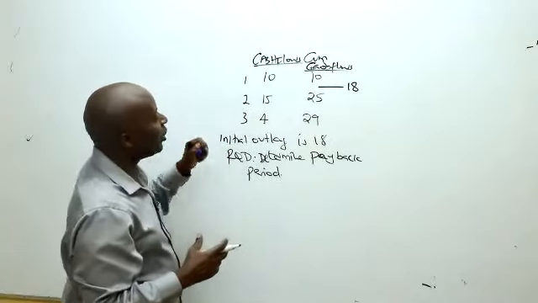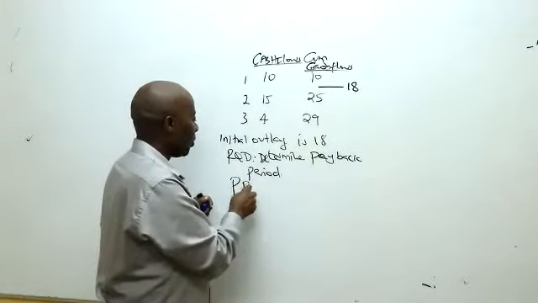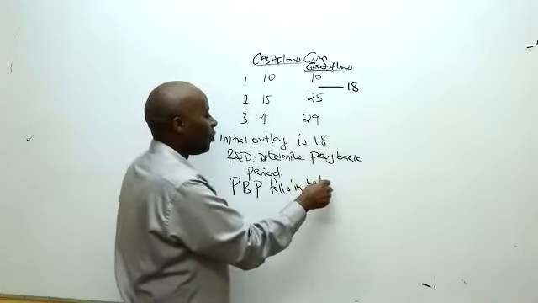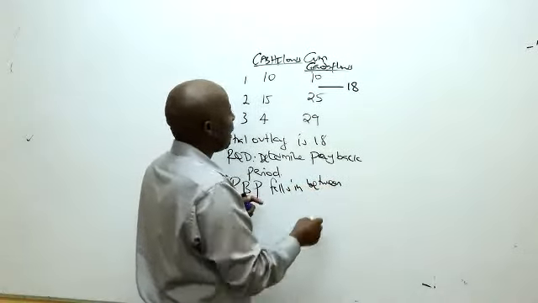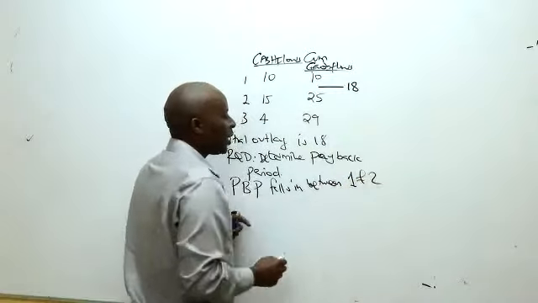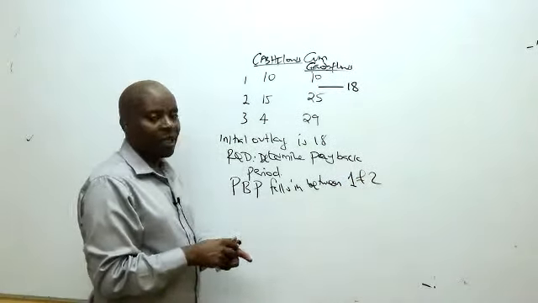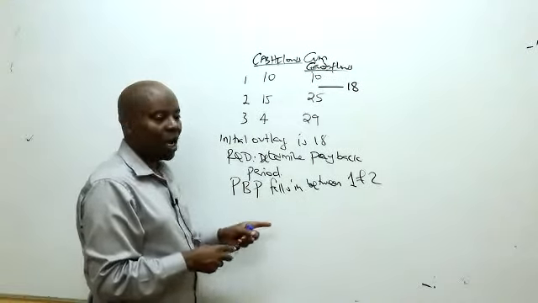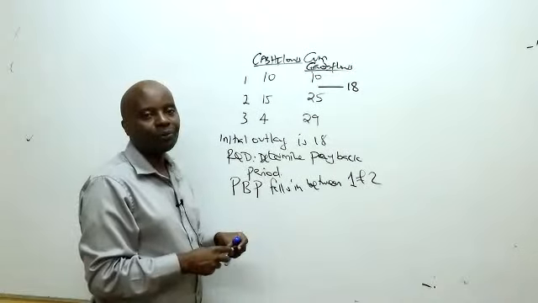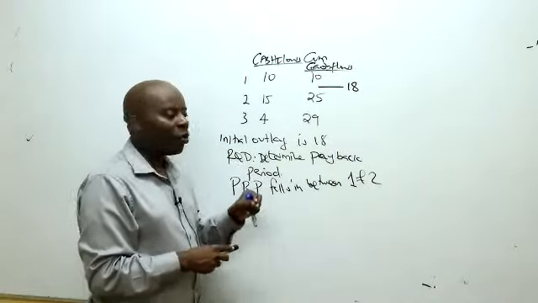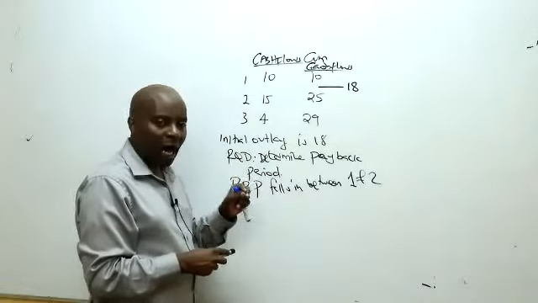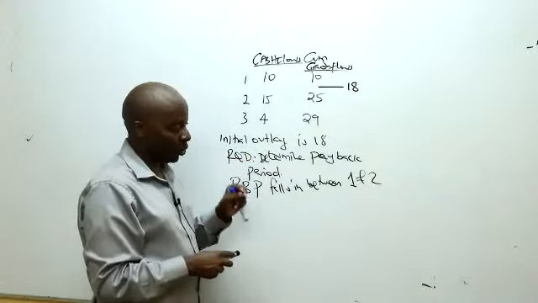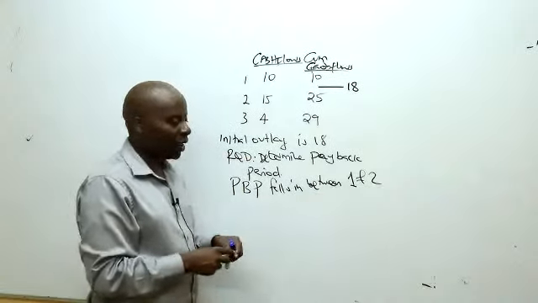Now, it means, ladies and gentlemen, that my payback period falls in between years 1 and 2. But you see, the examiner would want you to ascertain the exact payback period. He doesn't want a range. So for the exact payback period,